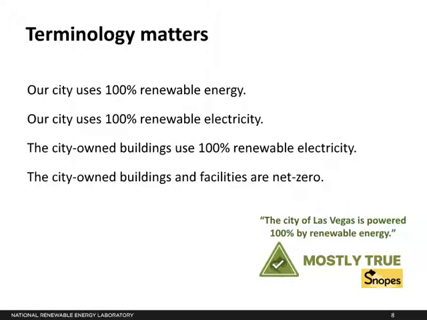The last statement brings up another term, net zero. And net zero generally means that the electricity used is equivalent to the electricity generated on site. So that's generally implying that there's on-site or at least local renewable energy being generated to offset the power used by the building or the buildings. So really here the point is be careful with your wording and know that you may be implying different things when you're using different words.